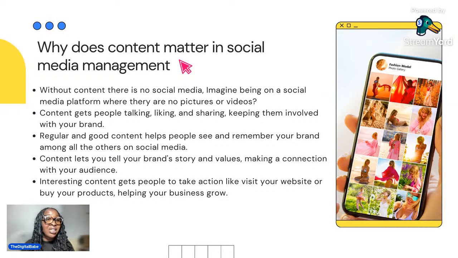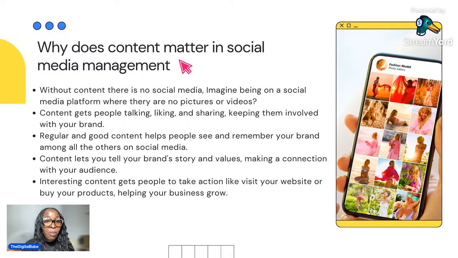So if you're that social media manager that only posts once, I'm sorry to say, but people are going to forget about you. So that is why content is important. Content will make people, your target audience, remember your brand. They'll be like, oh wow, these people posted today, wow, like it, comment, blah blah, right? And then the other point here says,